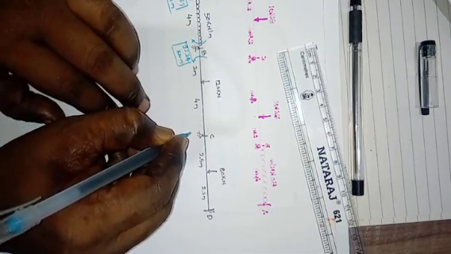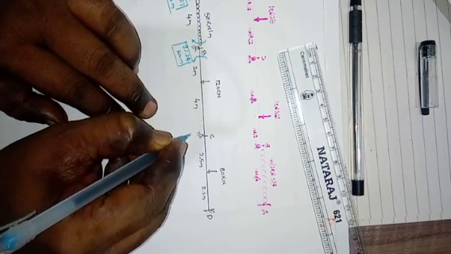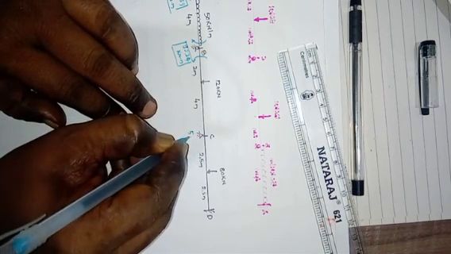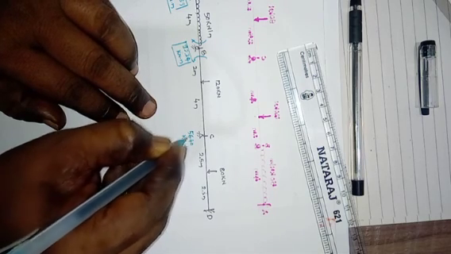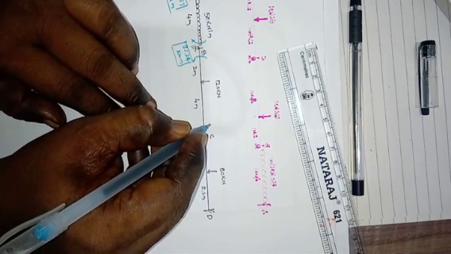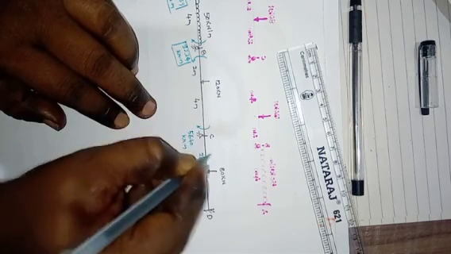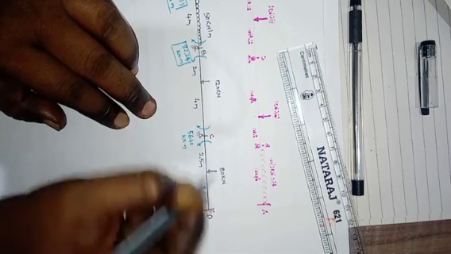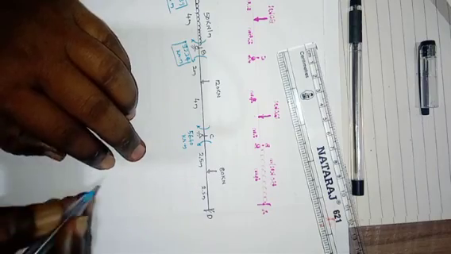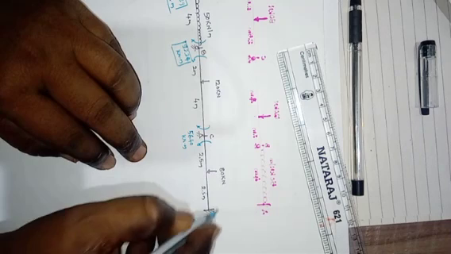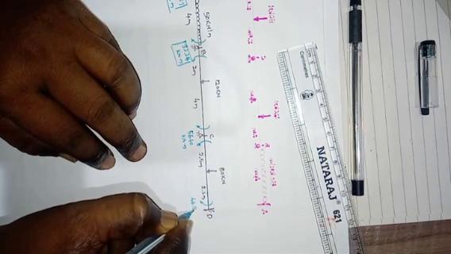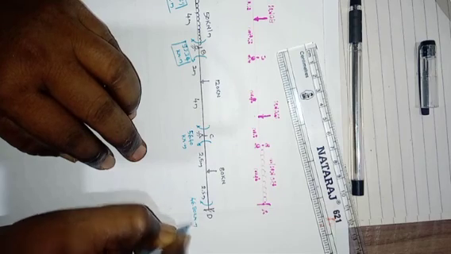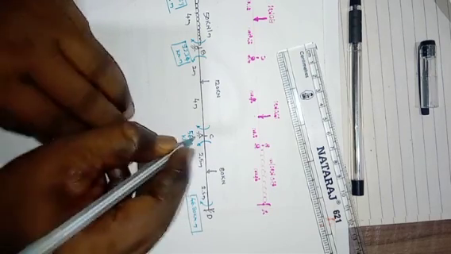Similarly, here at this joint the moment is 56.40 kilonewton meter. This one is a clockwise moment and this one is an anti-clockwise moment. Then at the end, the moment is 46.80 kilonewton meter, a clockwise moment. Here these are the support moments.